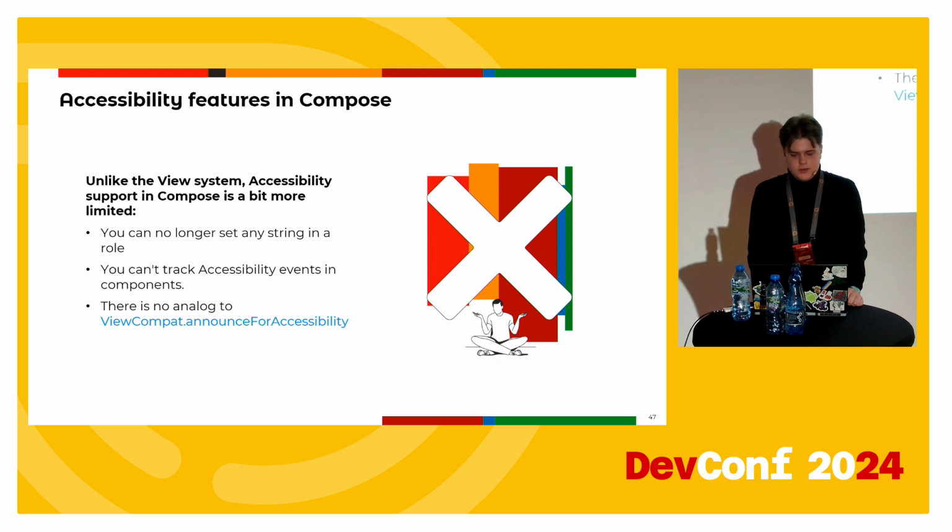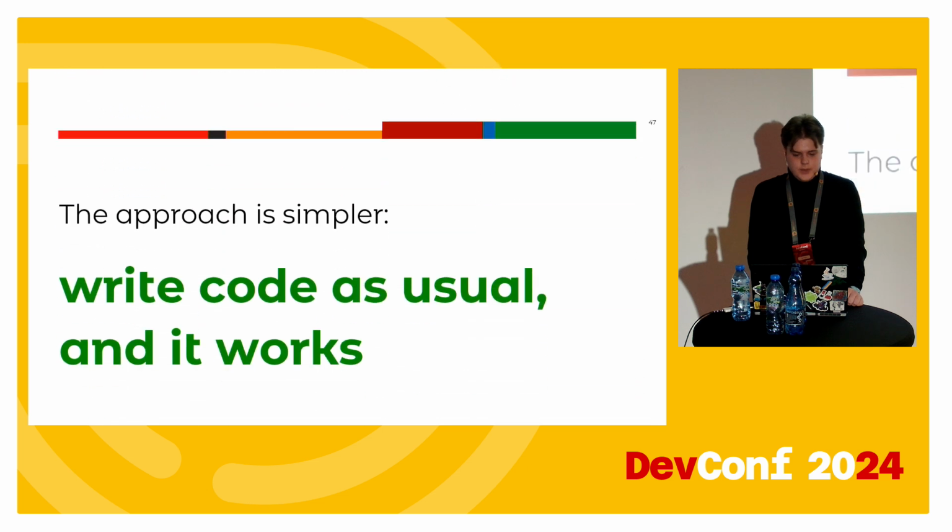These changes weren't made for no reason. Using the functionality incorrectly could confuse users, and developers might accidentally create problems for themselves. Google has done a great job in developing Jetpack Compose. Now it's much easier to make an application accessible. No need to use scary entities like AccessibilityDelegateCompat and overload methods in that delegate.